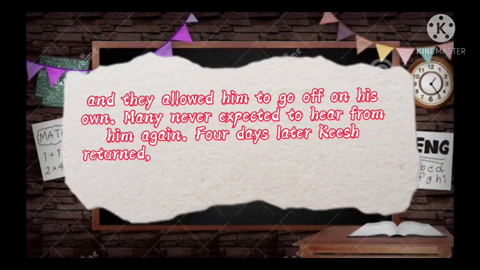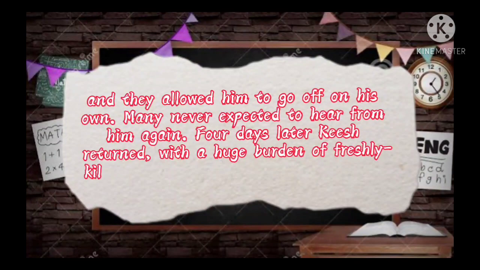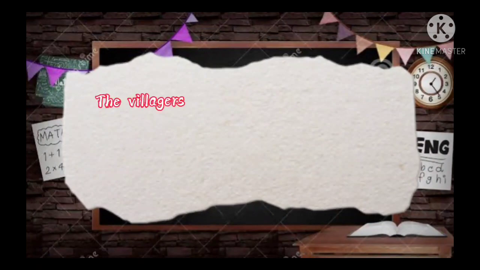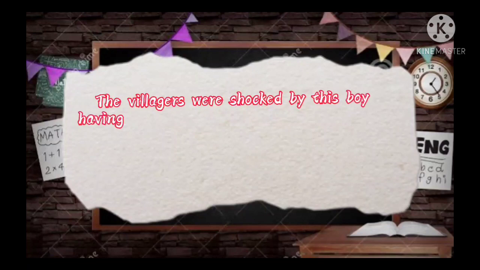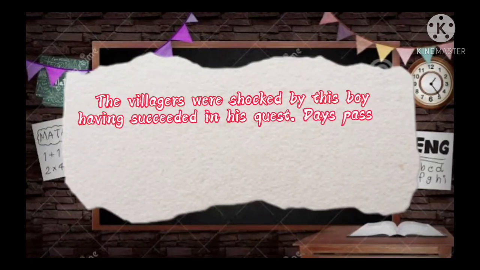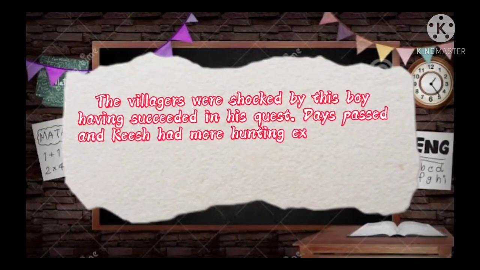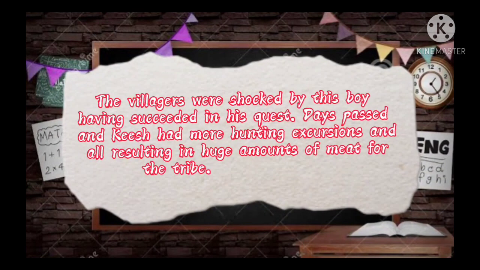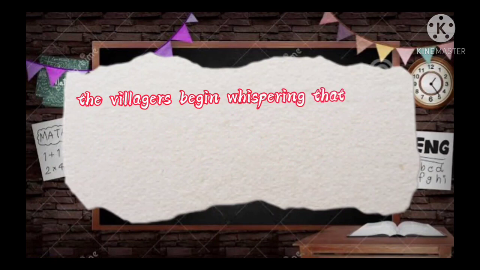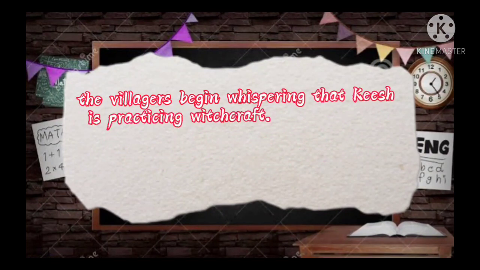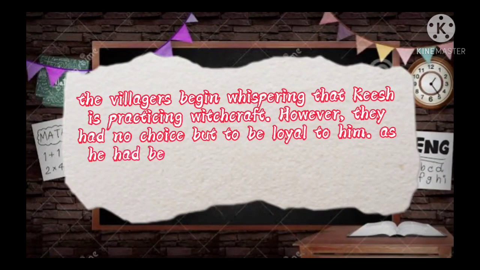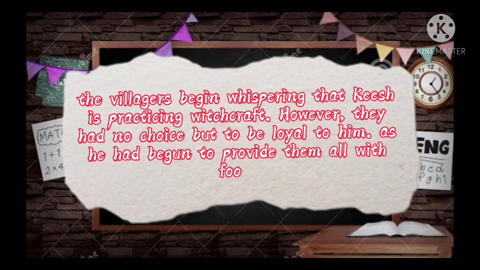Four days later, Kish returned with a huge burden of freshly killed bear meat over his shoulders. The villagers were shocked by this boy having succeeded in his quest. Days passed and Kish went on more hunting excursions, all resulting in huge amounts of meat for the tribe. Because of this, the villagers began whispering that Kish was practicing witchcraft. However, they had no choice but to be loyal to him,